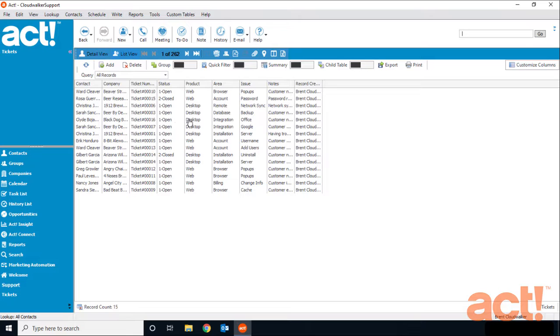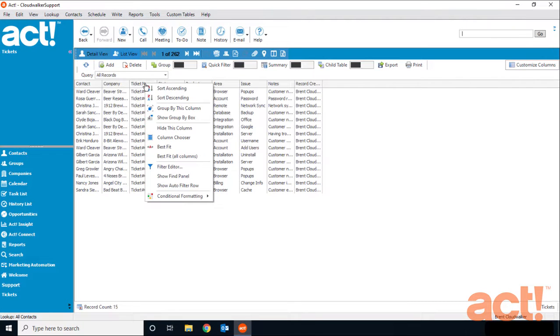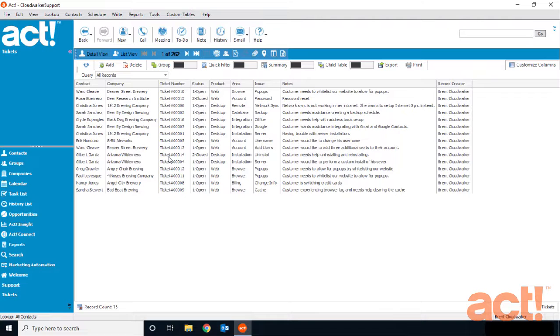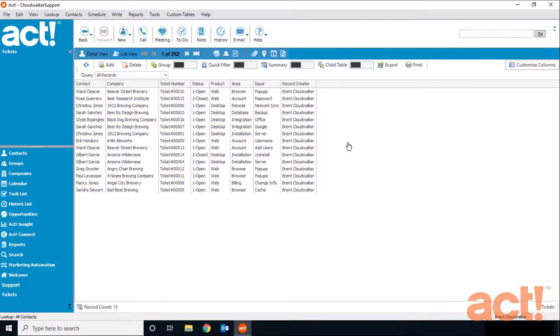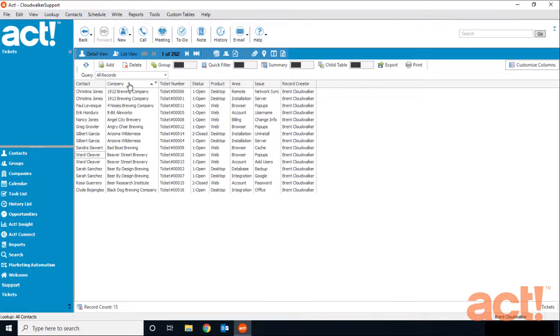One thing you can do to tidy up some of these columns is to right-click on any of the column headers and then choose Best Fit or Best Fit for all columns, and this will resize each of your columns so that you can see all the data that they contain. If you want to hide the data in any of the columns, just right-click its header and choose Hide this column. As you probably expected, you can click the column headers in any of these list views to sort